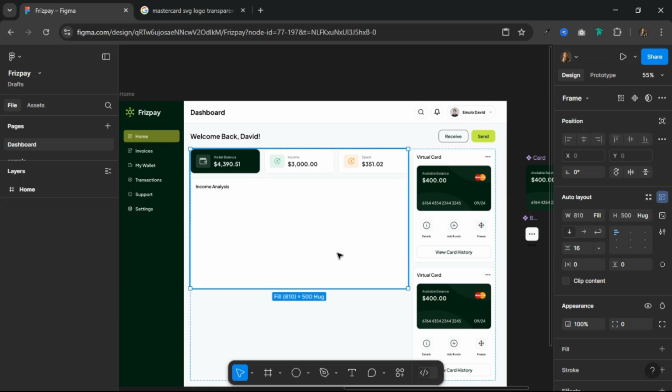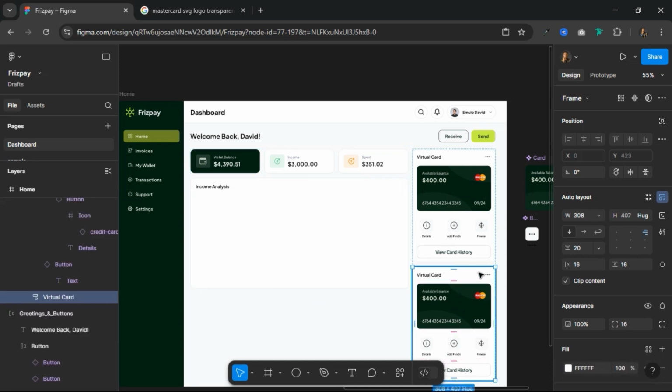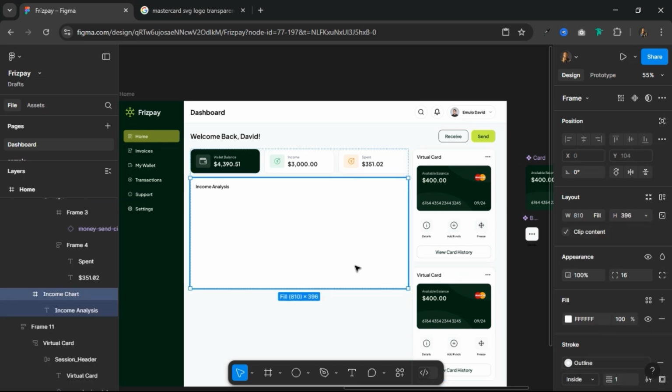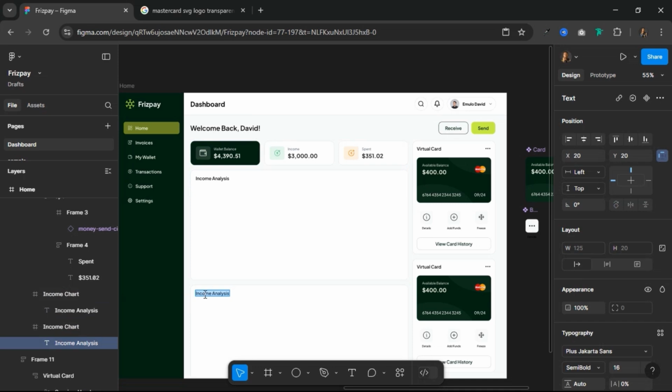And this particular left content, you have like a frame. You see, I stacked the finance overview with the income analysis, and you can see that with the visual cards, I'm actually stacking it up with the scheduled transfer. So let's quickly edit that and add the scheduled transfer. So let's make sure that this follows the 16. And lastly, what we are supposed to now have here is the